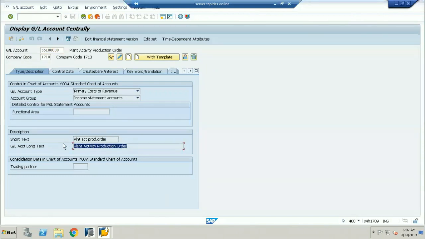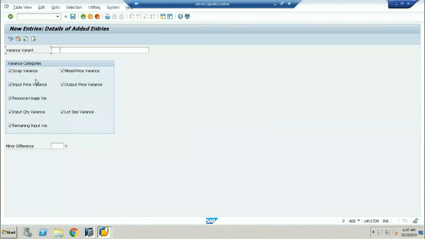So now what is happening here? This particular account, 5510000, is the GL account which is going to be hitting all the production order variances over here. Whatever variances you want to take, you need to select the checkbox, if you want to do the variance calculation. If there is no work in progress calculation for the manufacturing of your particular product, and we directly do the production and sell the goods to a customer, and we don't have any kind of variance calculation, then don't create any kind of variance keys.